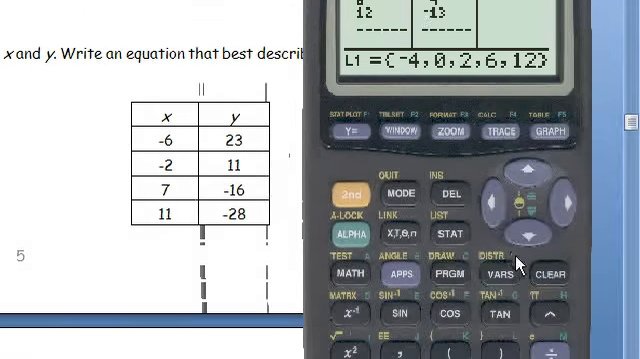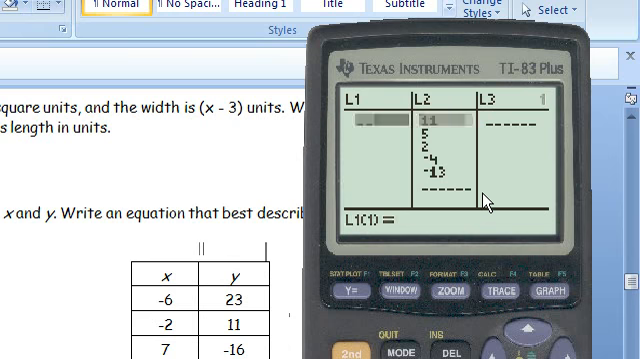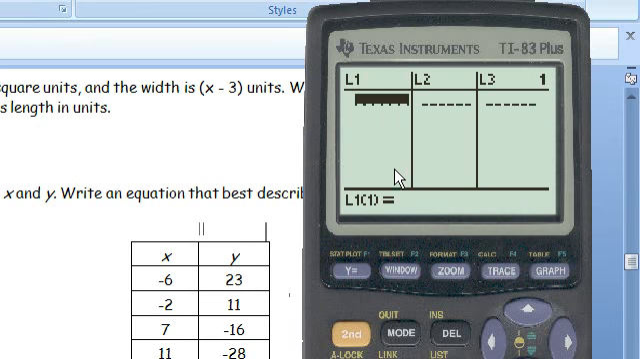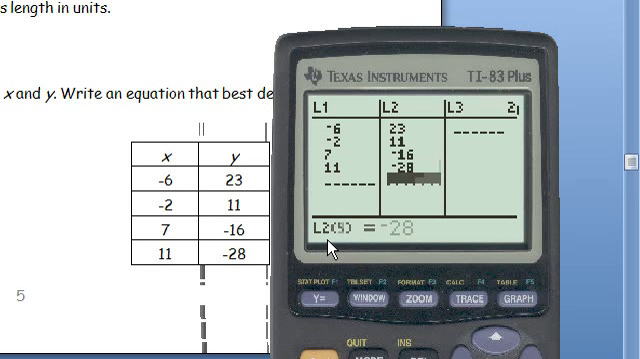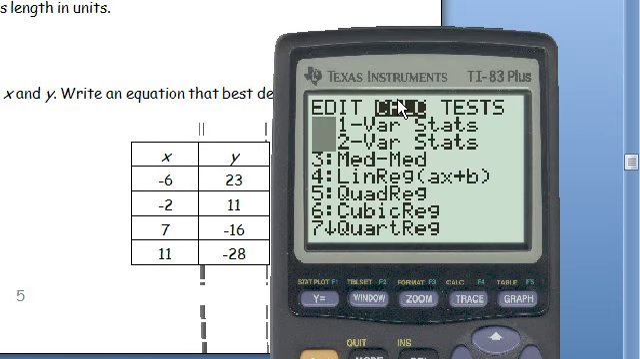We can clear these. We can clear lists really easy by pressing clear and then by hitting enter. So let's do that for that one. Clear and then enter. Okay. And now let's put in our values here. So bingo. And what we can do is let's press stat calc down, and